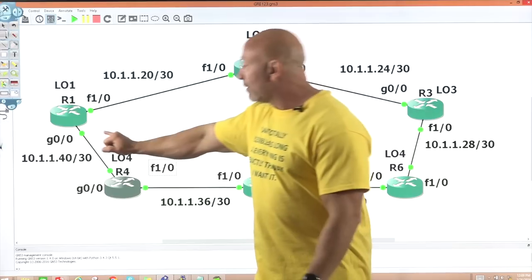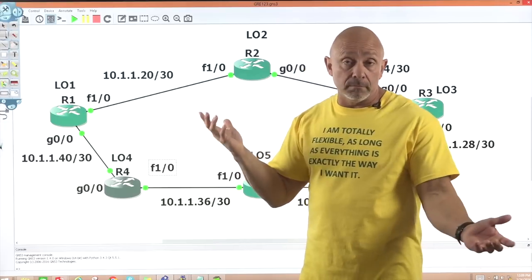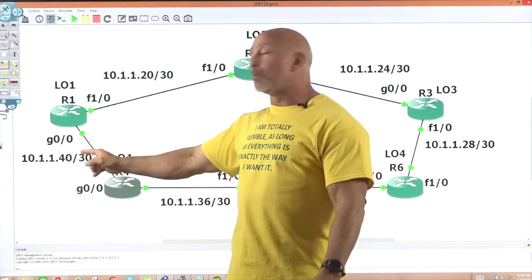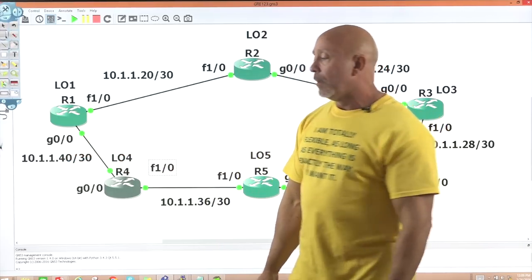I'm not going to put the actual IP address that goes in that particular interface because you'll see it configured, but you should know at this point what it should be based on the network and the mask. Word to the wise.